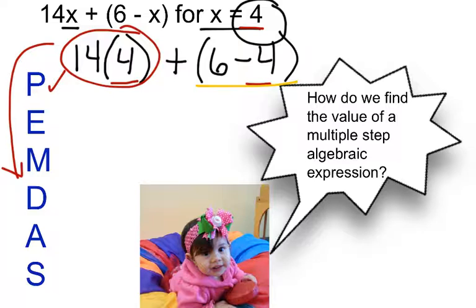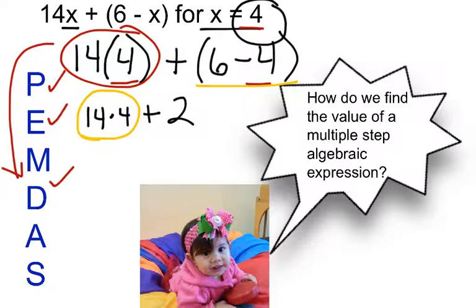6 minus 4 is 2. So I'm going to rewrite everything the same. We have 14 times 4 plus the quantity 6 minus 4, which is 2. Notice how I wrote multiplication another way because I'm trying to represent different ways. Then I can keep going through my checklist. Exponents. I don't have any, so I can skip that. Then I have multiplication and division from left to right. Well, all I have is multiplication,